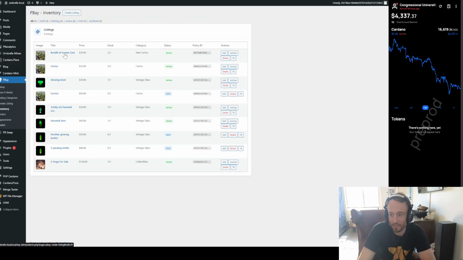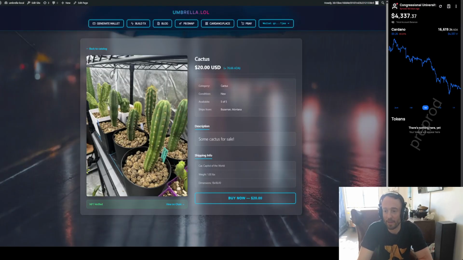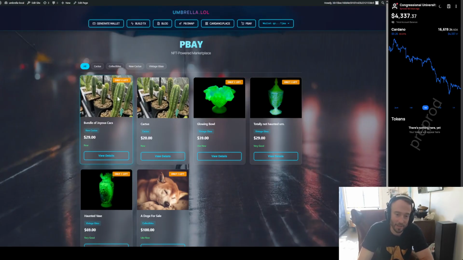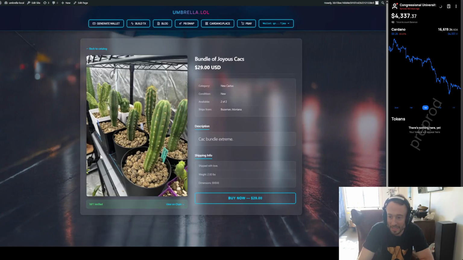Fantastic. The bundle of joyous cax is already here. We've got 2 out of 2 in stock. We can see all of that here. Amazing. Now, when I pop back over to PBay, we're going to see that that item is already here with the little 2 items left flag. Pretty cool. $29 a piece, bundle of joyous cax. If I view details,